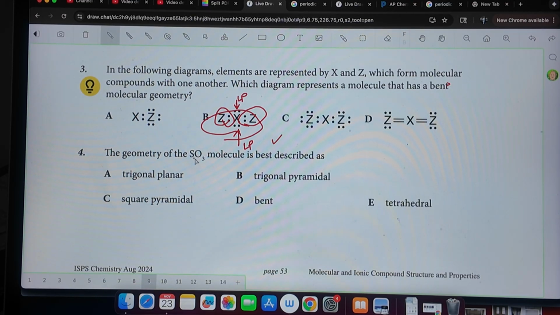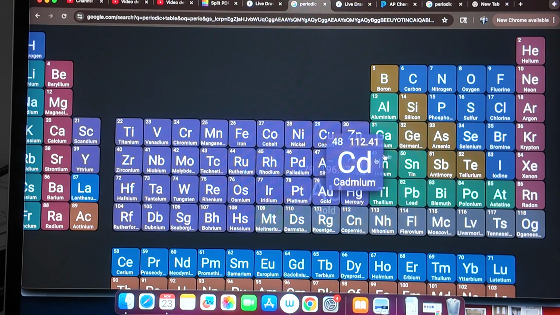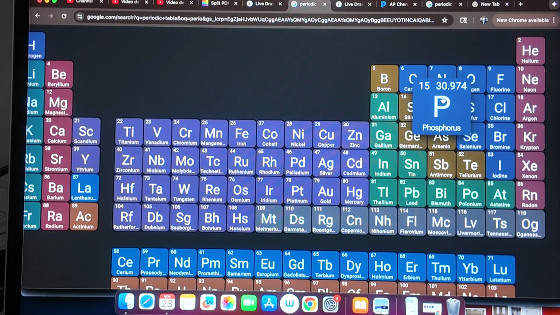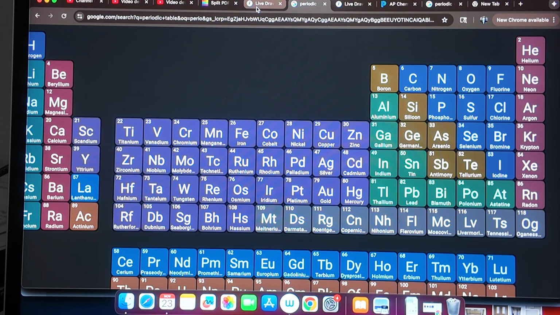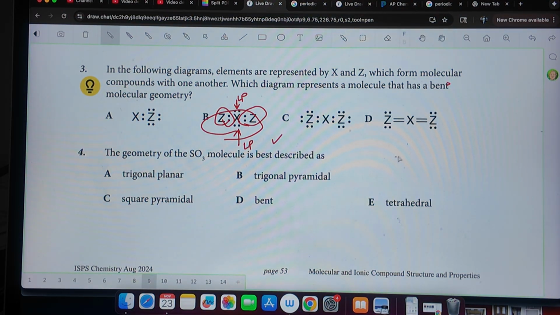Okay, all right. The geometry of SO3 is best described as... so really quickly, let's look at a periodic table. S would normally have 6 valence electrons, right? Because it's in group 16. And then, okay, so S is here. 1, 2, 3, 4, 5, 6. And then I get an oxygen. That's a negative charge. There's an oxygen, and then a negative charge, and there's an oxygen with a negative charge. And so there's